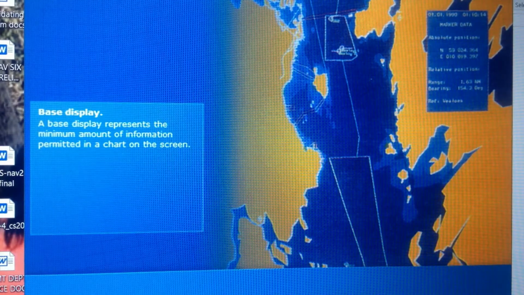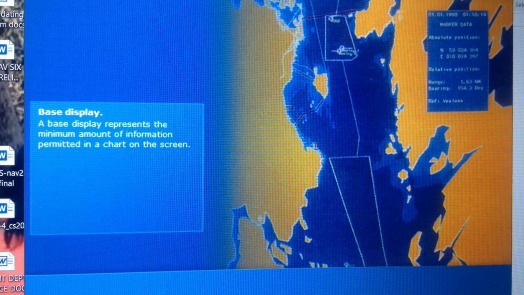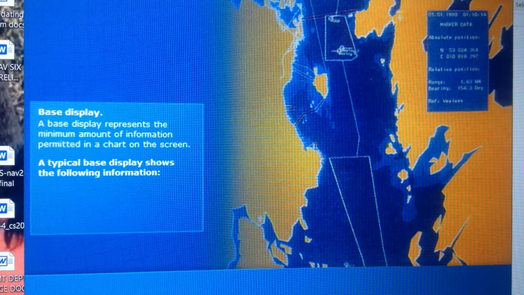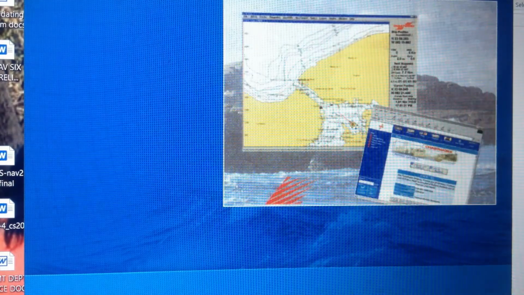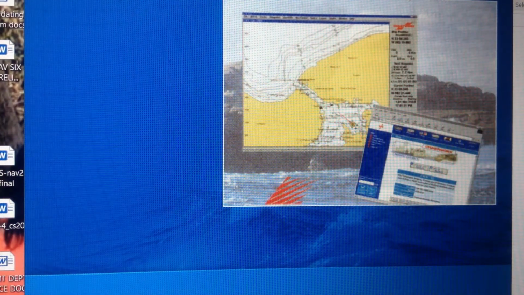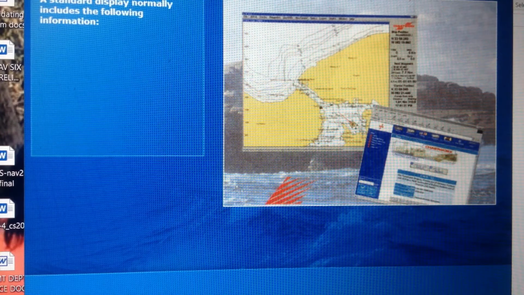A base display represents the minimum amount of information permitted in a chart on the screen. A typical base display shows the following information: coastline, indication of subsea dangers, traffic systems. After startup of the ECDIS system, normally a so-called standard display is presented on the screen. A standard display normally includes the following information: